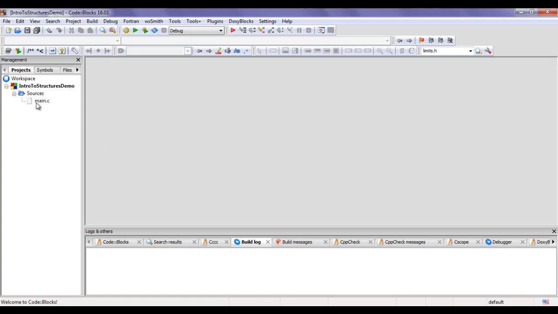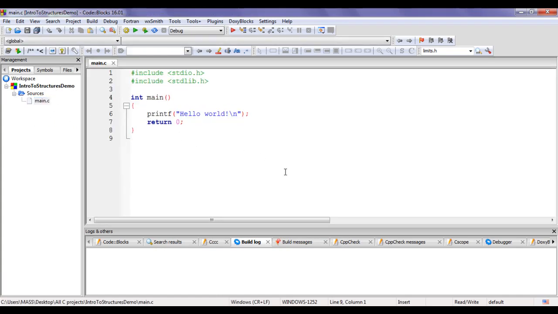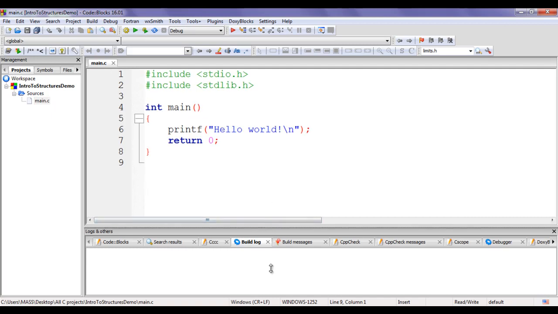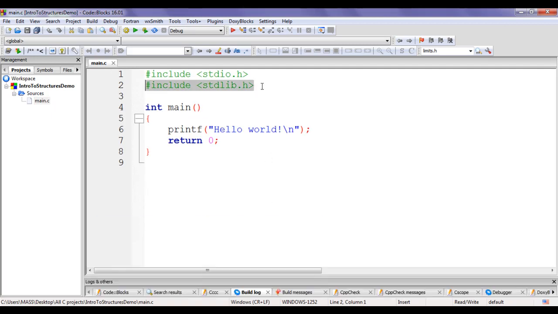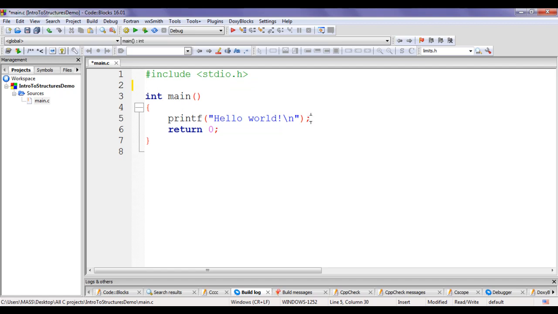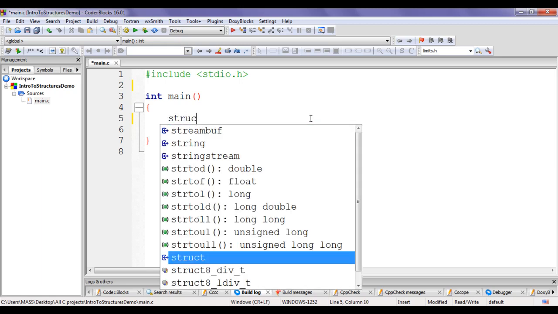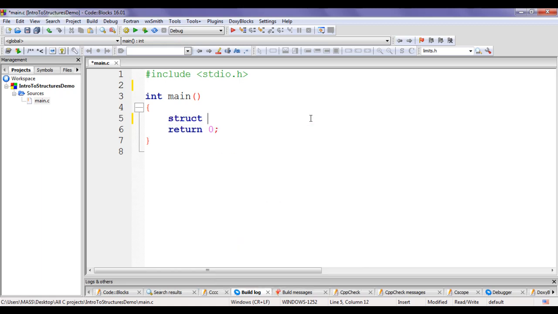I click on the plus sign, I double click on main.c to open. You can see that main.c file is open. I am going to delete this line of code which is not necessary. Now I define the student structure, guys. I say struct. We write the struct keyword space. Then we write the structure name. I say student. Opening flower bracket, closing flower bracket. Here I am going to list properties related to student, guys.